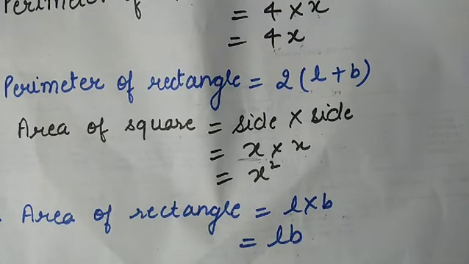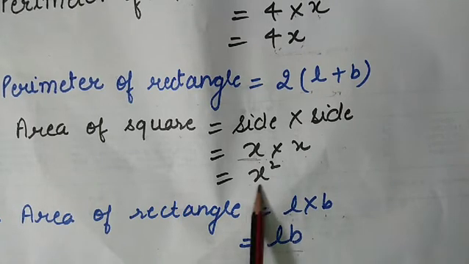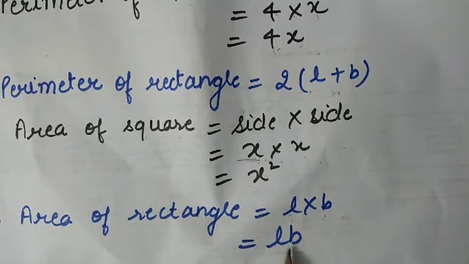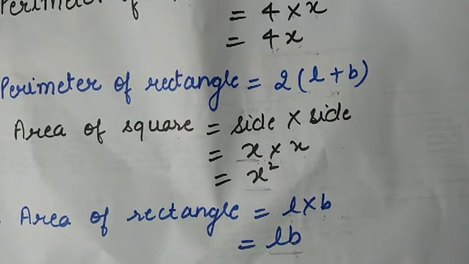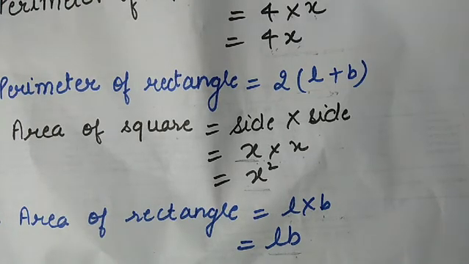So we can say that rules and formulas can be written in general form. These are general form because if we substitute some particular value, then we get the value. Otherwise they are formulas in variables, and they are known as general form. So we can write formulas in general form using algebraic expressions.